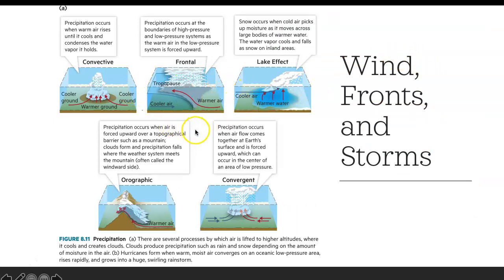I'm not going to test these. These are just to show you the different patterns of the movement of the air masses. Convective means vertical. So when the warm air rises, the cold air sinks down, and so the movement is more vertical, and the frontal is more horizontal. So when the cool air moves horizontally, the warm air will rise above and we'll have rain.